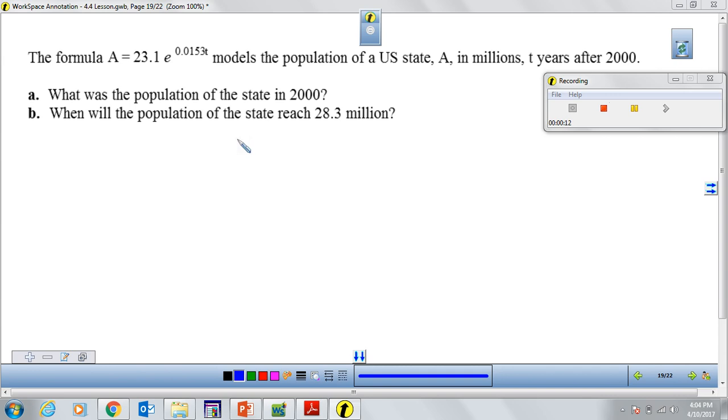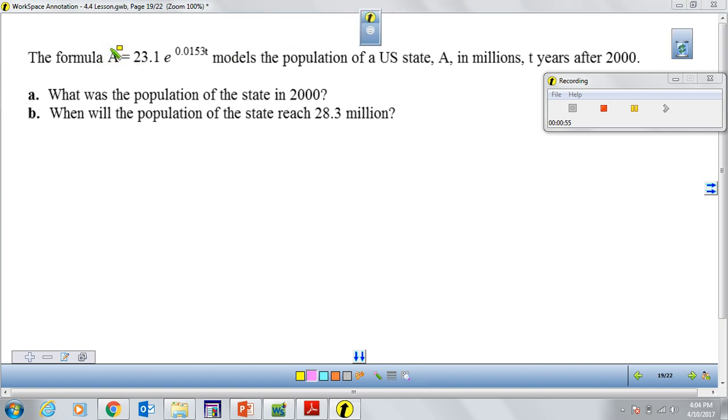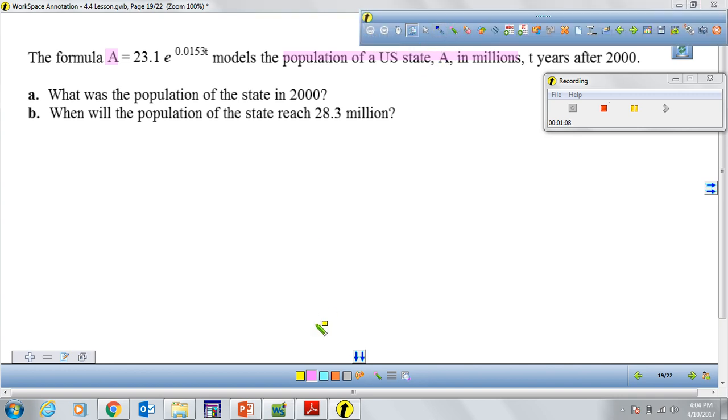This first problem says the formula A equals 23.1 times E raised to the 0.0153 times T models the population of a U.S. state A in millions, T years after 2000. What was the population of the state in 2000? Let's identify the different variables that this formula is talking about. The formula models the population of a U.S. state in millions, so the letter A stands for population in millions. And then it says T years